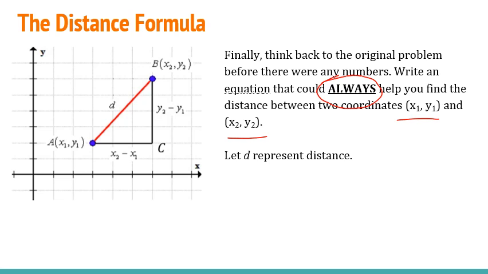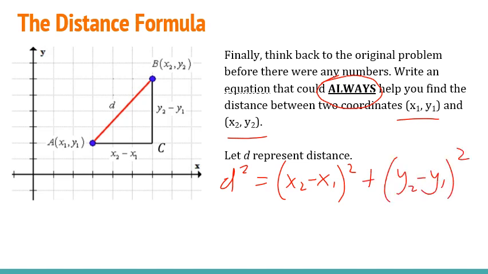So let's just think about what we did, but let's not use the actual numbers of the lengths. Let's just use the coordinates. So thinking about Pythagorean theorem, we would be able to say d squared equals x2 minus x1 squared plus y2 minus y1 squared. Okay, if you'll notice here, what I've written is basically the Pythagorean theorem. This is my c squared value, this is my a squared, this is my b squared. So I've written the Pythagorean theorem just in terms of these coordinates rather than in terms of the actual numbers,